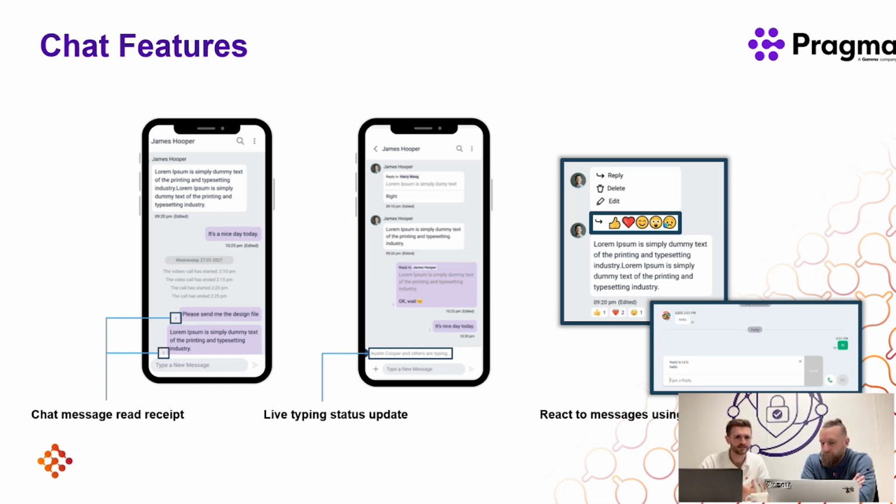So three that we've got here, first and far right, would be the ability to see if a user's read that message. So if I message Andy, I can see whether he's read it or not, and he's completely just ignoring me. And then I can see when Andy's typing to me, so I've got a live typing status on the bottom, and also a bit of interaction with emojis. So I can do thumbs up all the time when you're messaging me, to align with those other platforms. Again, not the biggest updates, but nice to have. So we align with what users expect, isn't it? That polishing of what we've got.